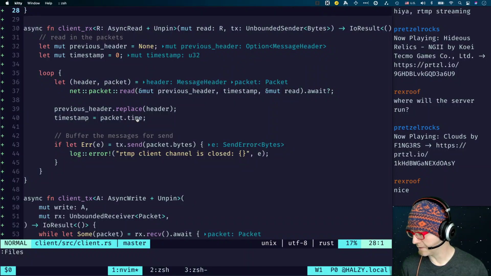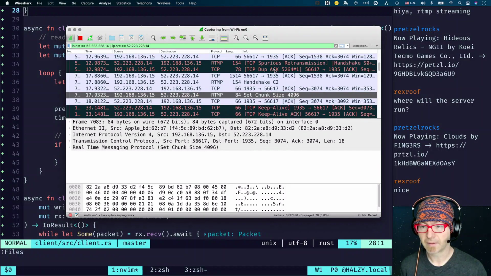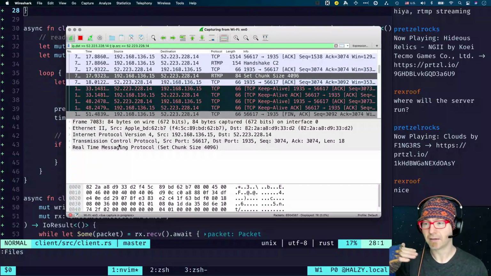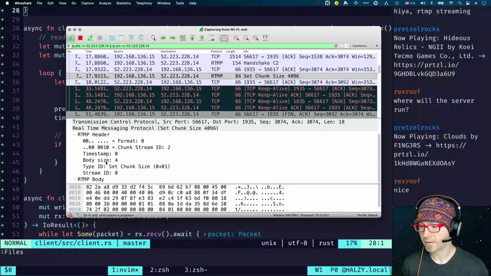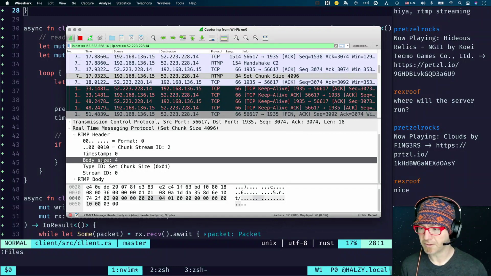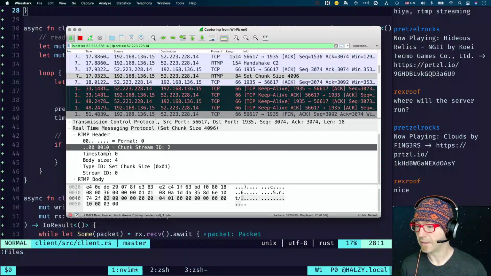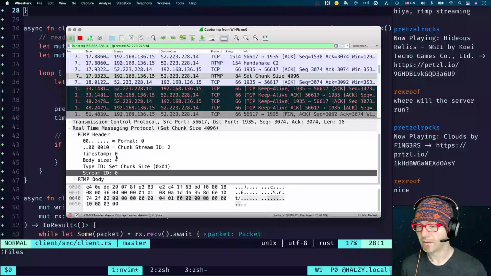We can actually see a little bit of that in Wireshark. Let's see, are you still awake, Wireshark? It is. And this chunk size right here, this one should have come back yesterday. We're picking up from where we left off yesterday. And you can see that there's the format basically at the top. So you have the basic header and then the message header. The message header starts at about the timestamp. No, yeah, this section here. So we do not parse